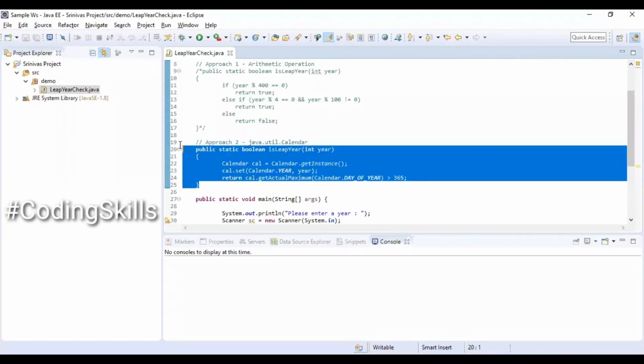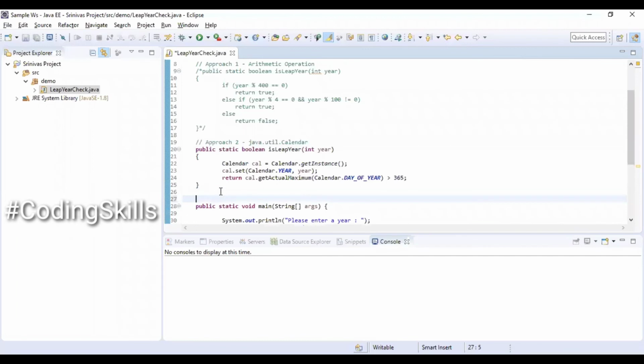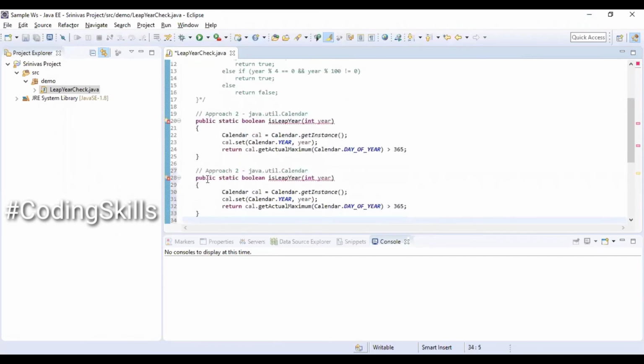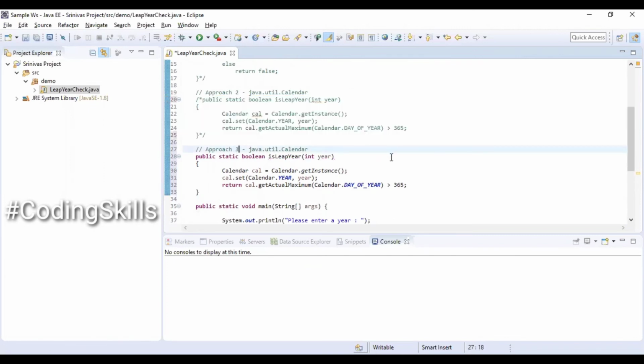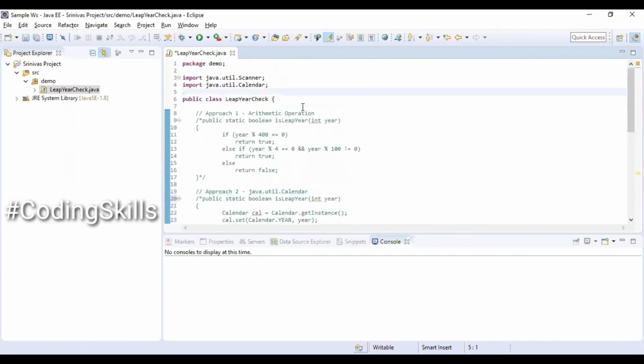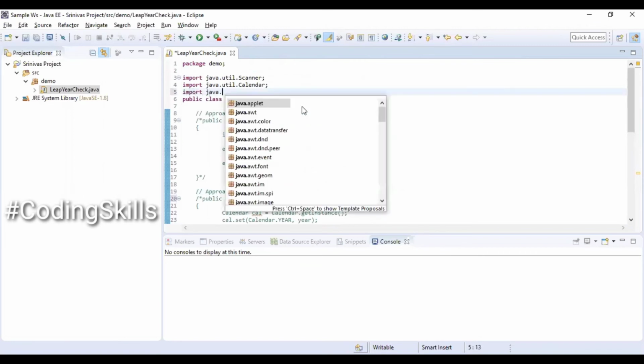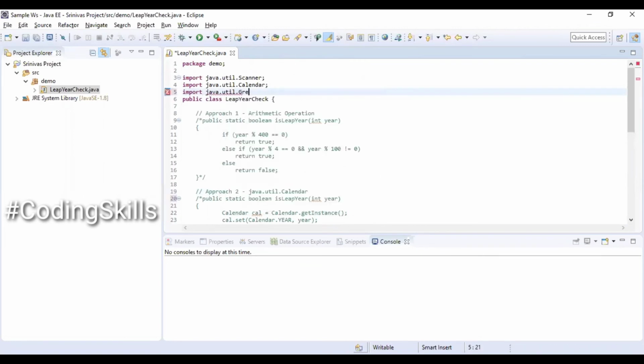We have already seen two approaches. Now we will be seeing the third approach. So copying the previous approach and updating the required parts. Importing a GregorianCalendar object from the util package.